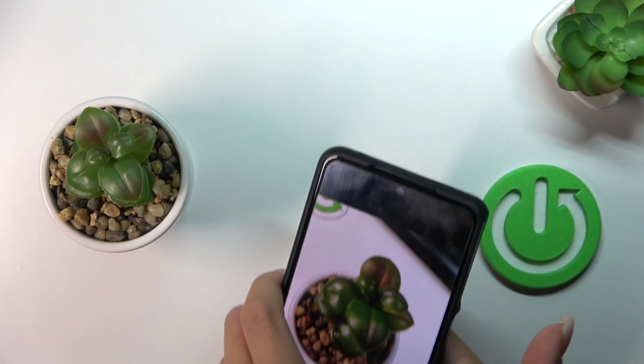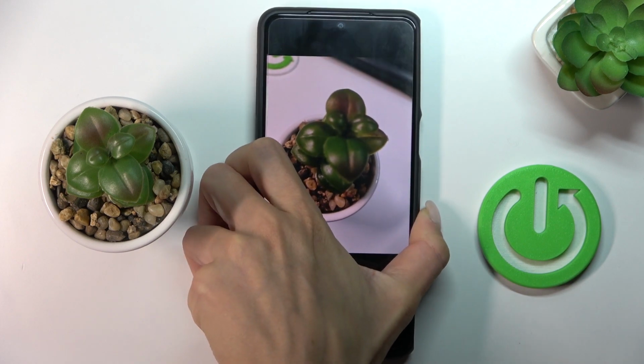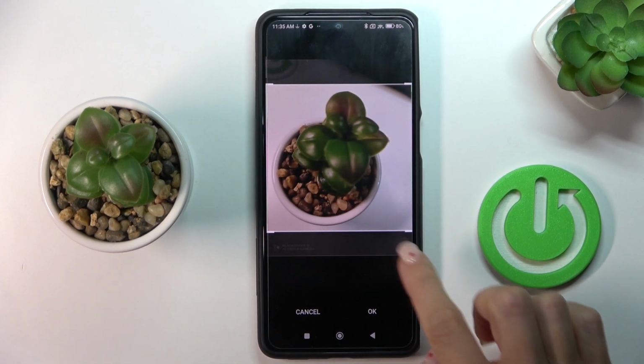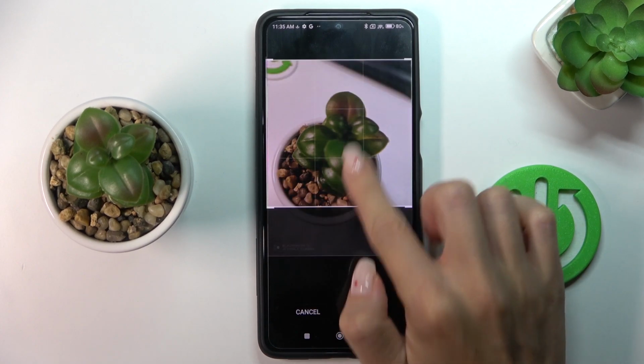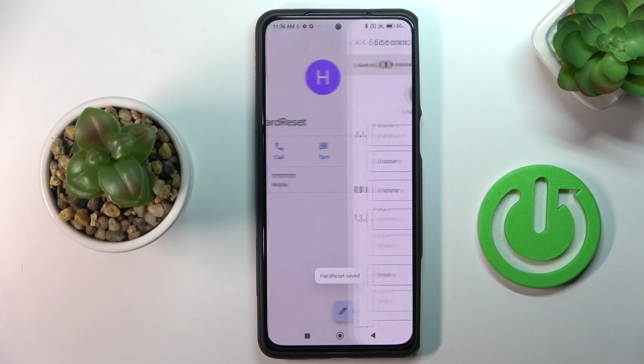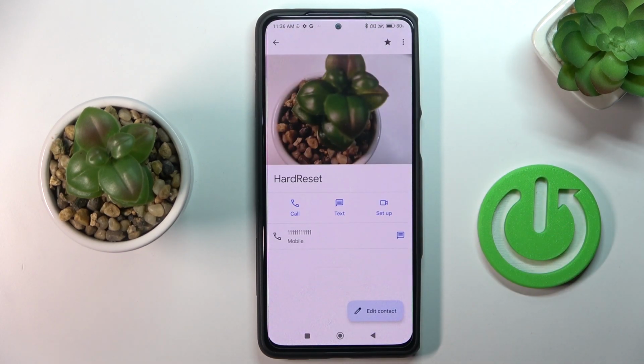And as only the picture is taken, tap on confirmation mark. You can adjust it as you wish, and then tap on OK. And now click on save. So this is how you can apply a profile picture to your